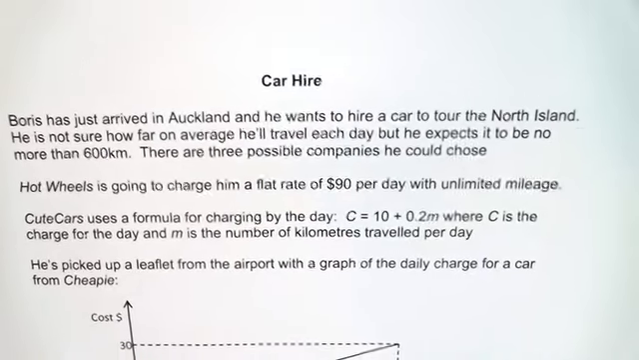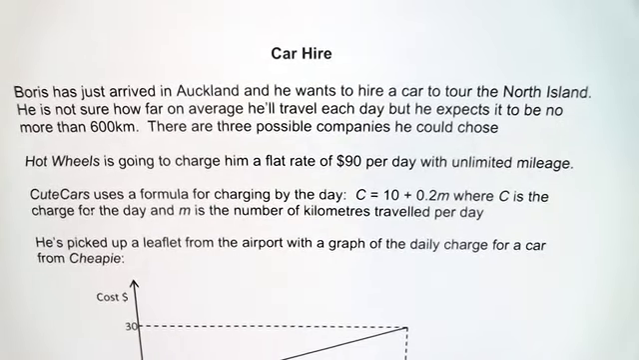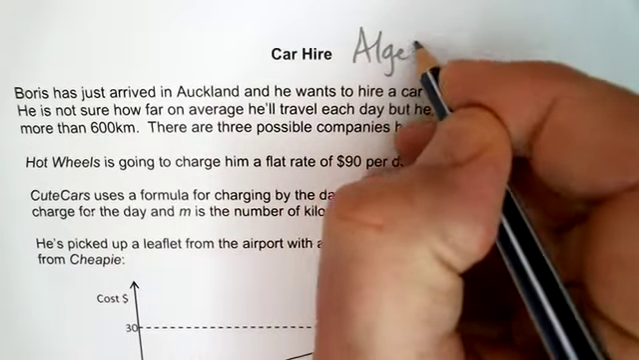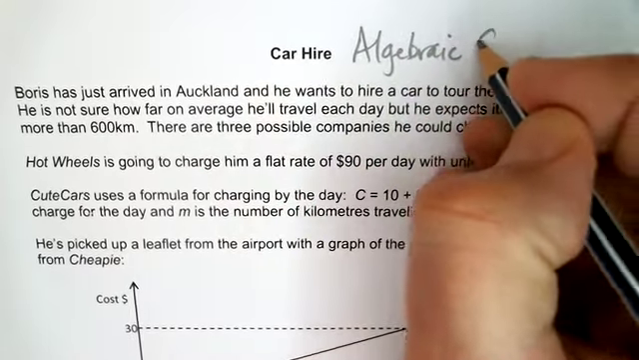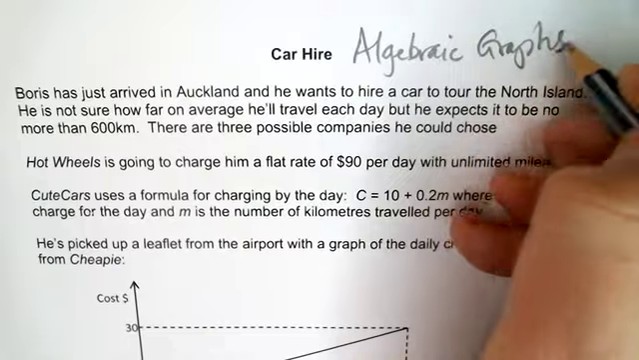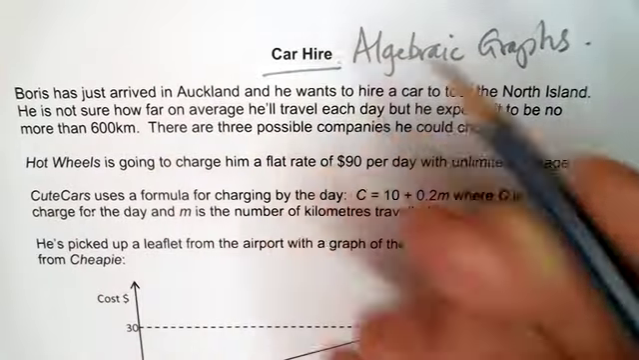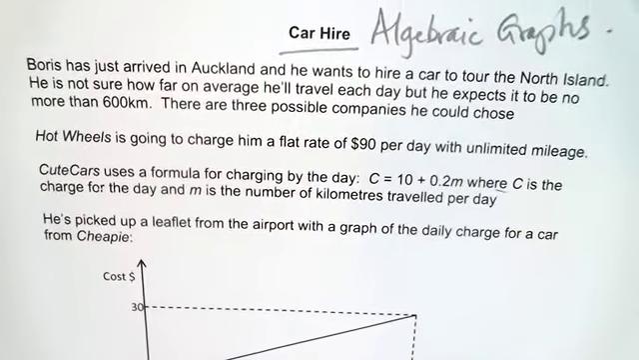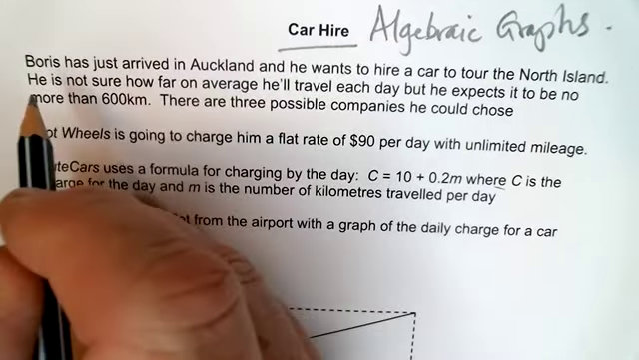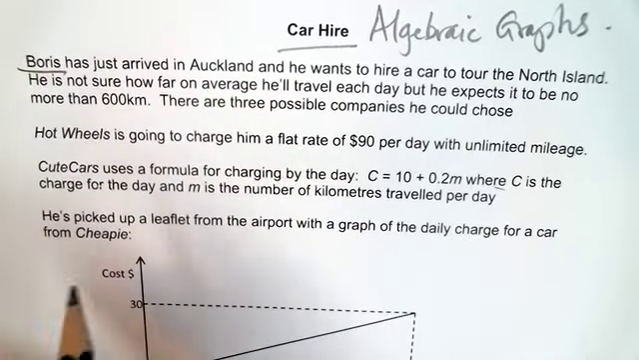This is the algebraic equations, or algebraic graphs, sorry. I'll write that in algebraic graphs unit. And this particular task is called car hire. And it places a scenario where someone, in this case, a person called Boris, has arrived in Auckland, New Zealand,